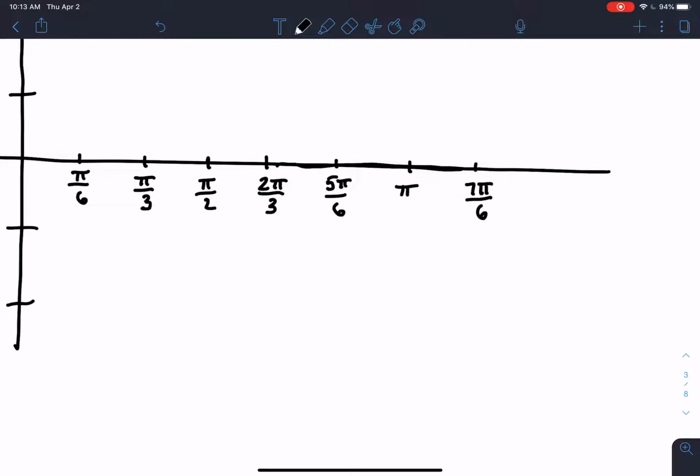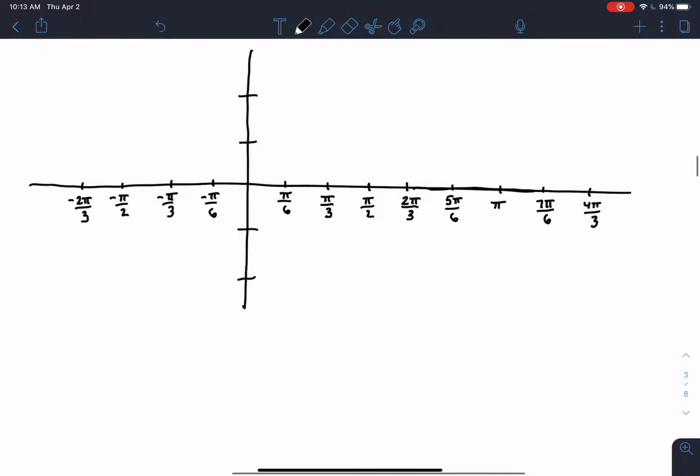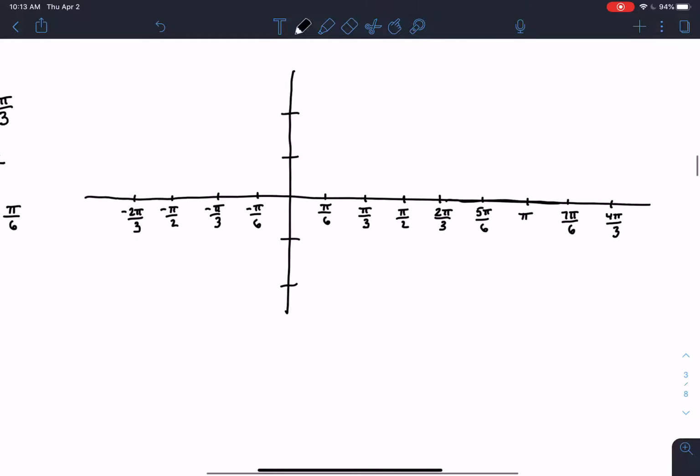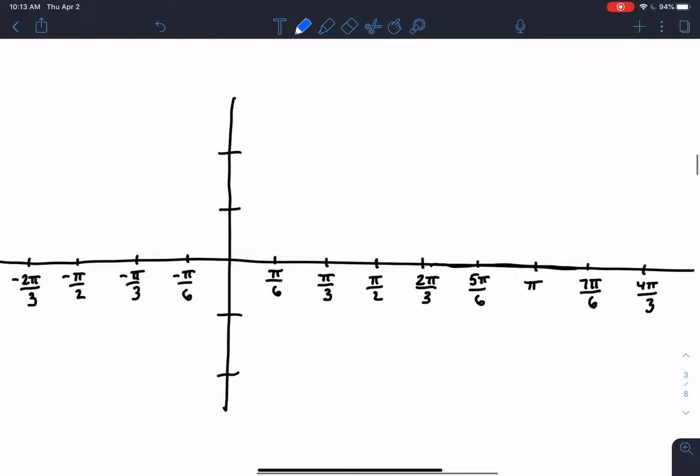And then 8 pi over 6 or 4 pi over 3. Okay, so right now I have three cycles on my x-axis. Now you guys need to make sure that you remember the acronym for sine, because we're doing sine, right? It's going to be Sahala. So that tells me that I need to start on my axis and then go from there. So you have axis, then the next one is going to be high, and then axis, and then,